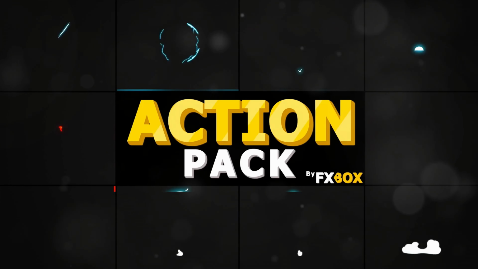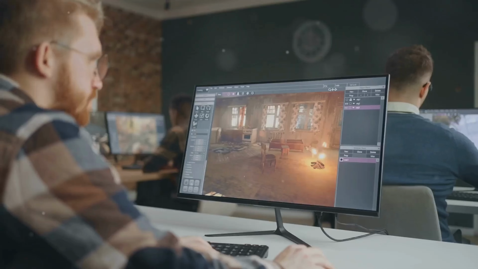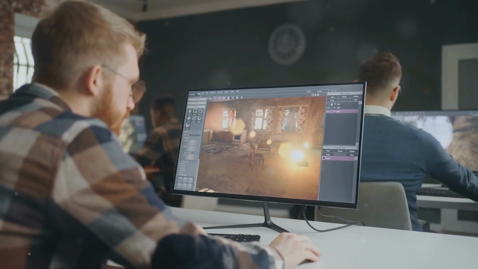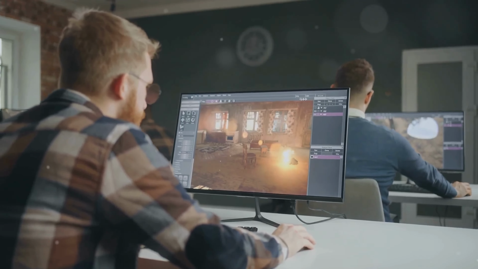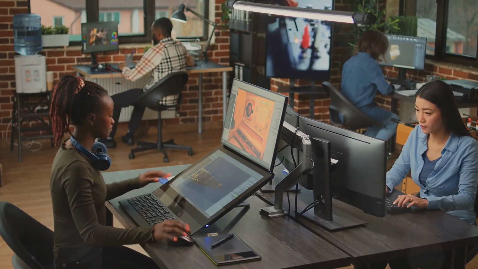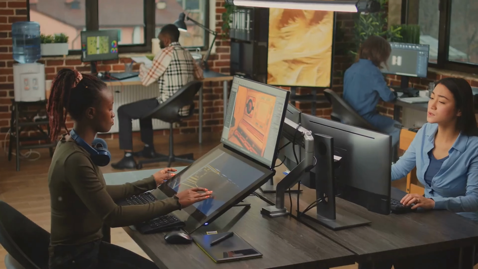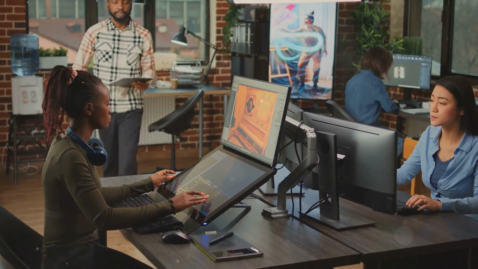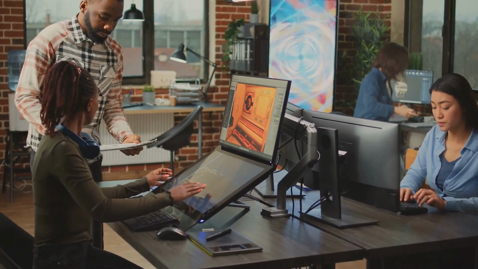Unity's asset store is a treasure trove of pre-made assets, scripts, and extensions, providing developers with a wealth of resources to accelerate development and enhance their projects. From character models to environmental textures, the asset store offers a wide variety of options to suit any game development need. Unity's visual scripting system allows developers to create game logic without writing traditional code, making it more accessible to visual thinkers and designers. This feature empowers those who may not have a strong programming background to still contribute significantly